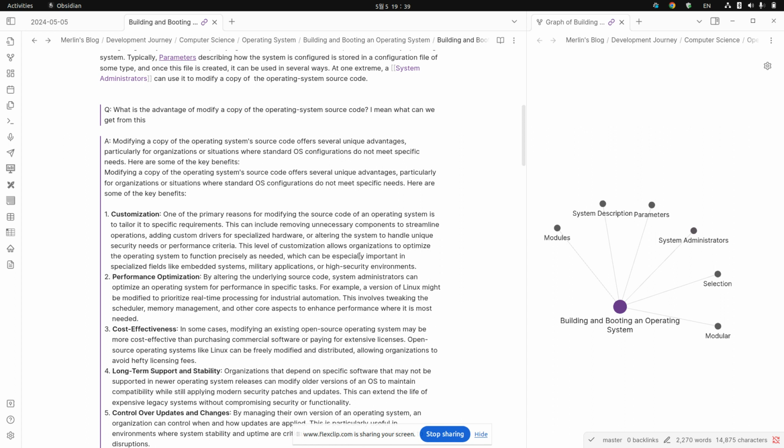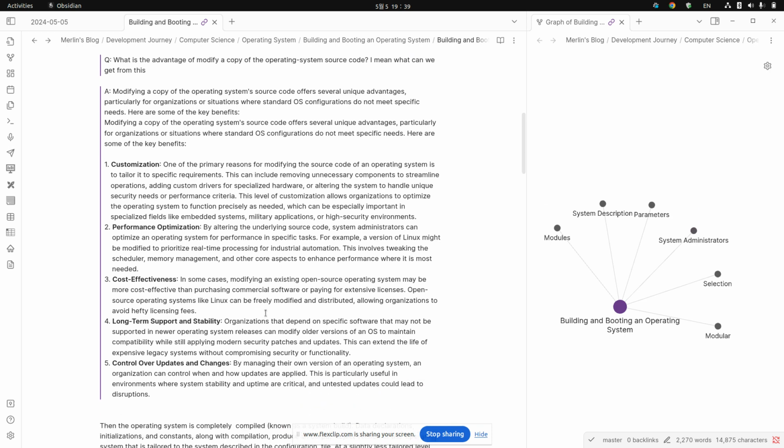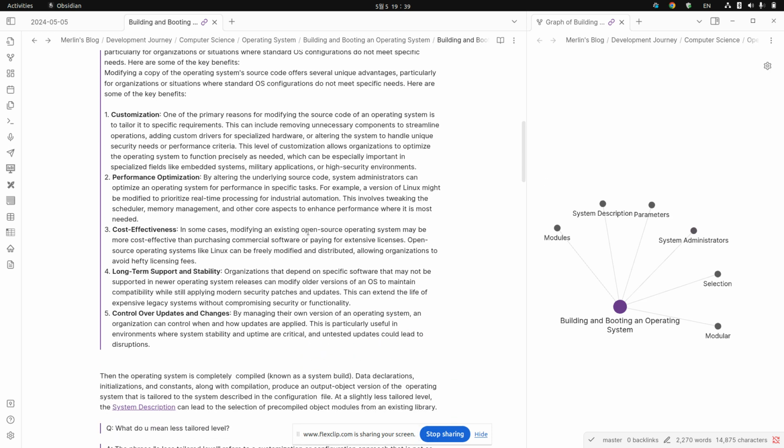You can customize whatever you want after you copy it, and you can modify it. And modify means change it, right? You can optimize the performance, and based on the open source code, you can make it cost effective